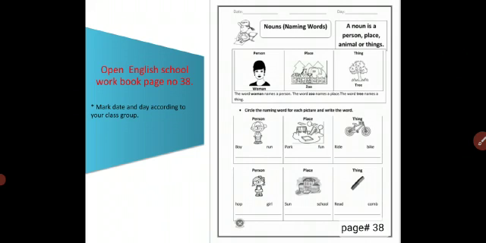Now see the caption. Caption is noun, naming word. नाउन को हम नेमिंग वर्ड भी कहते हैं बिकॉज ये किसी भी शख्स, चीज़ या जगह के नेम को रिप्रेजेंट करता है। A noun is a person, place, animal and thing. Now see the example. You can see the first picture is of a woman. Woman is a person. Second picture is of a zoo and zoo is a place. Third picture is of a tree and tree is a thing. These are the three examples of person, place और thing. इसी तरह हमें नीचे वाले जो कॉलम हैं उनमें भी हमें डिफरेंट एग्जांपल्स दी गई हैं पर्सन, प्लेस और थिंग की।